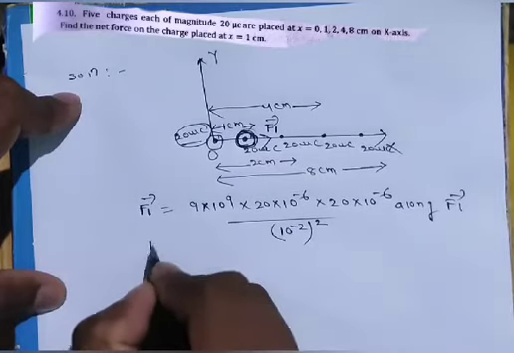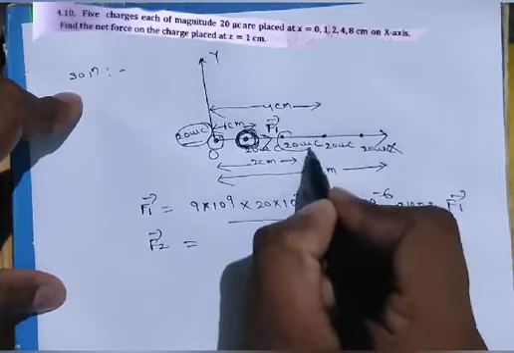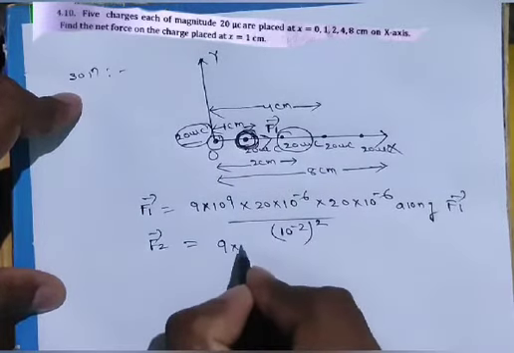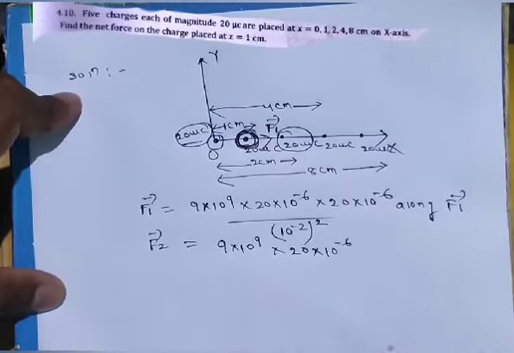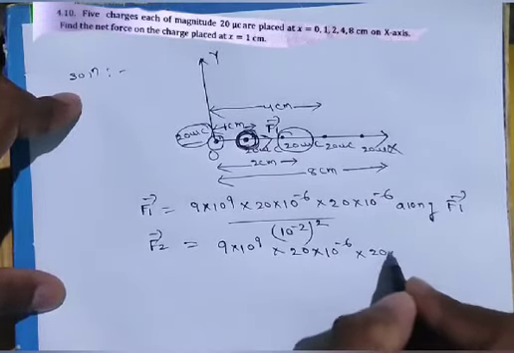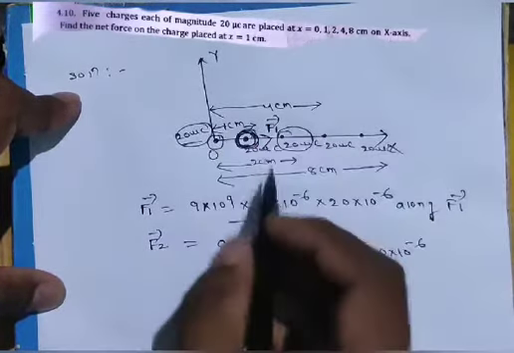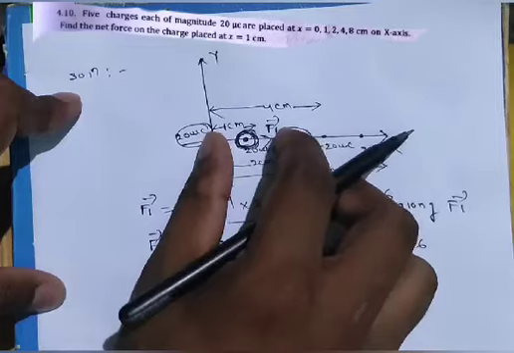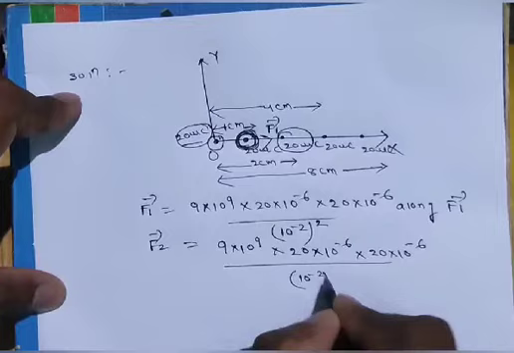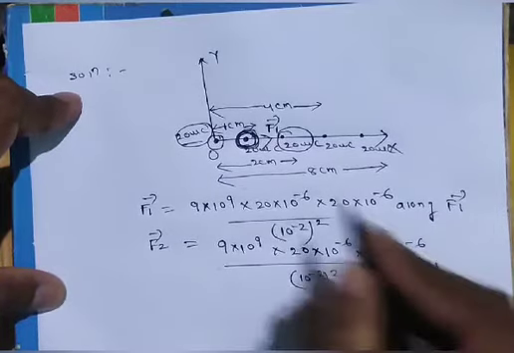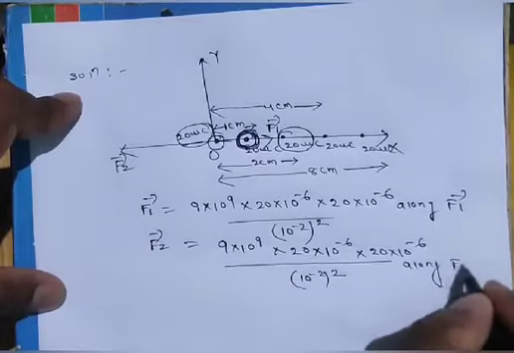so along F1. Now I shall calculate F2. That will be the force on this 20 microcoulomb due to this charge 20 microcoulomb. So it will be 9 into 10 to the power 9 into Q1, 20 microcoulomb, which is 20 into 10 to the power minus 6 coulomb. Q2 is also the same, 20 into 10 to the power minus 6 coulomb, and the distance is now how much? Total is 2 centimeter. This is 1 centimeter. So the separation will be 1 centimeter. So it will be (10 to the power minus 2) squared. It will be directed along this direction, along F2.